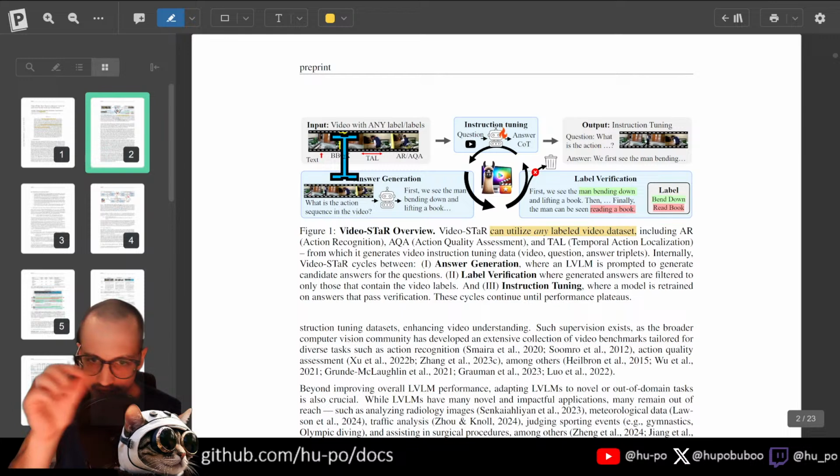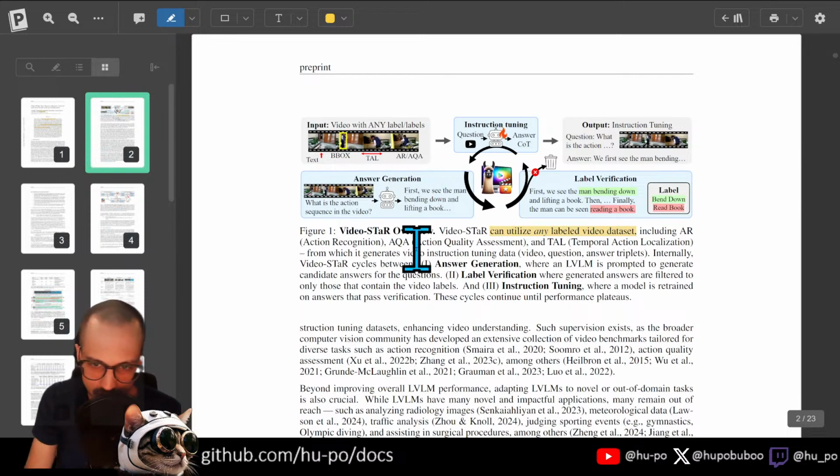Maybe at some point someone labeled the whole video with some text description, or maybe they put these bounding boxes, and those bounding boxes have some specific category or class label associated with them. So you're using that kind of metadata for the video to curate the original answer that the pre-trained